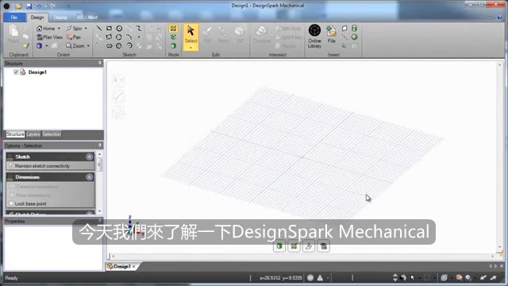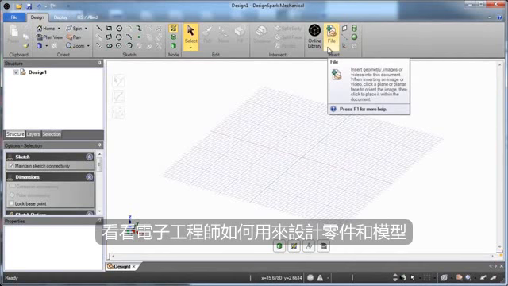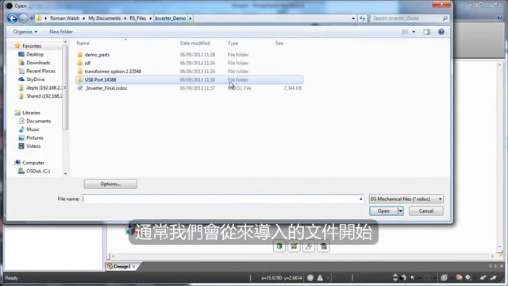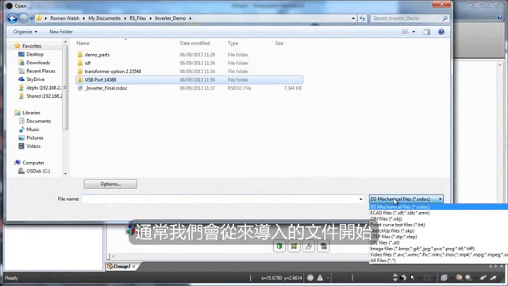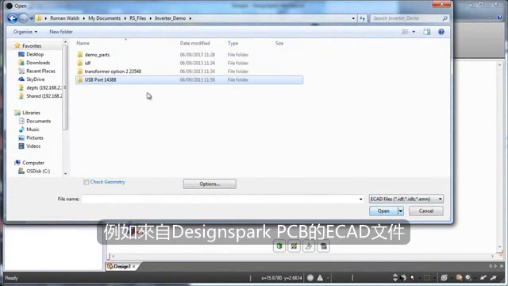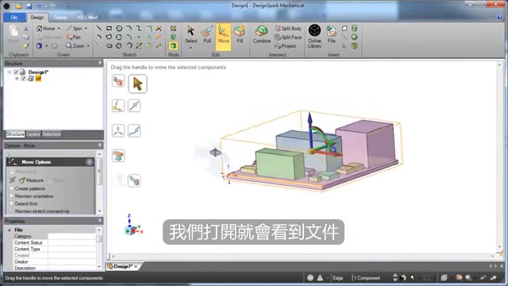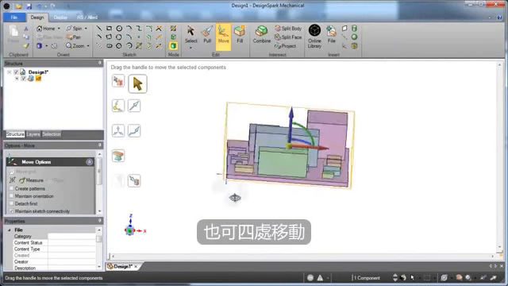So what we're here to talk about today is DesignSpark Mechanical and how that enables the electronic engineer to design around their parts, around their models, very quick, very easily. And a lot of times they'll start with certain files that they bring in, such as an ECAD file from DesignSpark PCB. If we open this up, we see the file, we can rotate it, we can move it around,